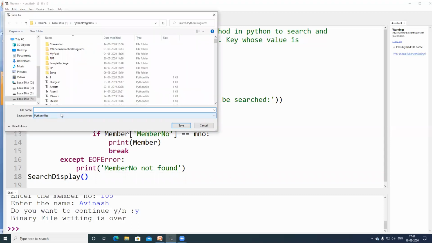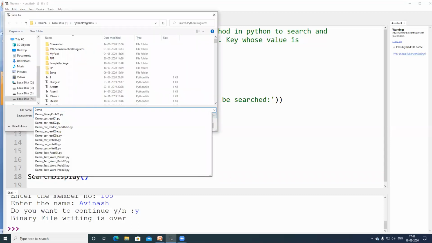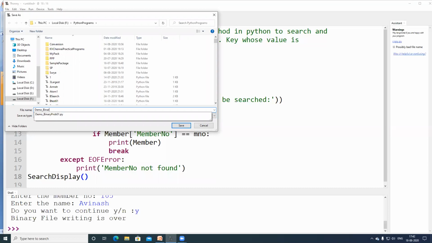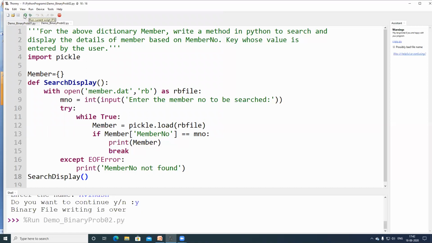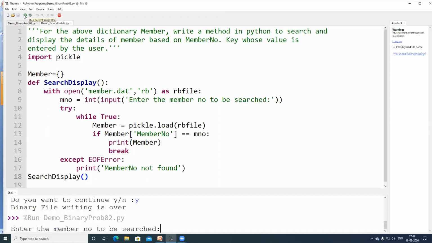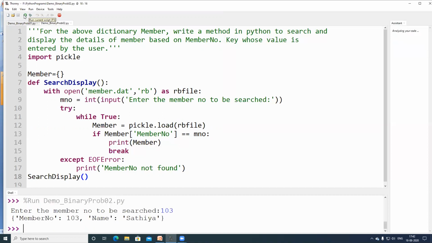We are saving it as demo_binary. What is it? Problem number 2 it is, right? A name I have given. Now, let me enter it. I'm trying to enter 103, a number to be searched.